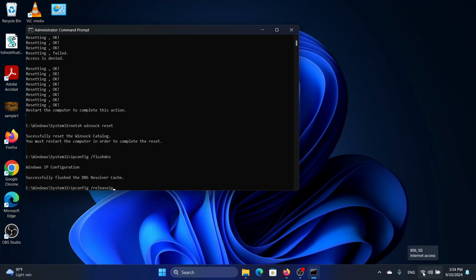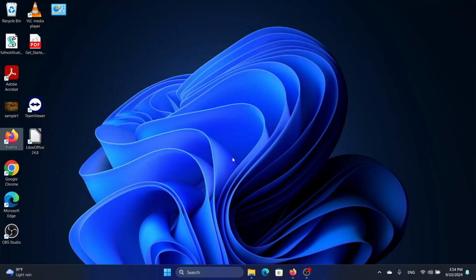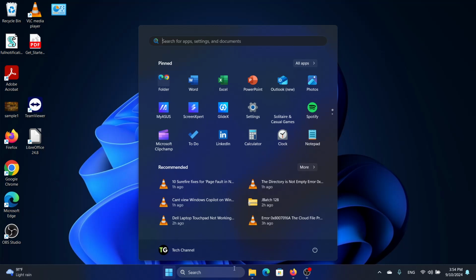Now you need to renew your IP. So you need to get a new IP address. For that we will enter the command ipconfig /renew and press enter. Once we do that, we need to restart the computer by going to the start button,